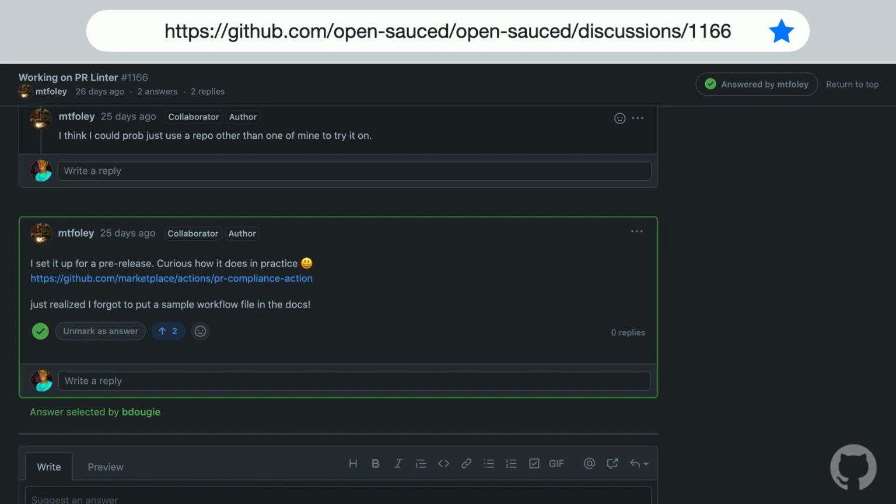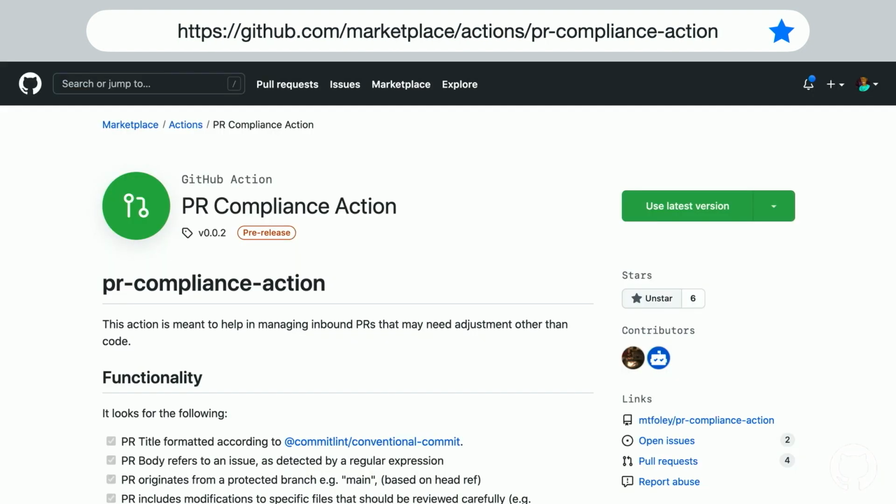So we have an answered question on the discussion, and we actually answer a question with this GitHub action, which is super powerful to be able to contribute it to open source in a way that automates developer workflows, and I don't have to maintain it. So now MT Foley has this awesome action, which is a PR compliance action, and it checks to see if there's a linked issue. So now anybody who's doing Hacktoberfest or contributing in large projects, they can leverage this action